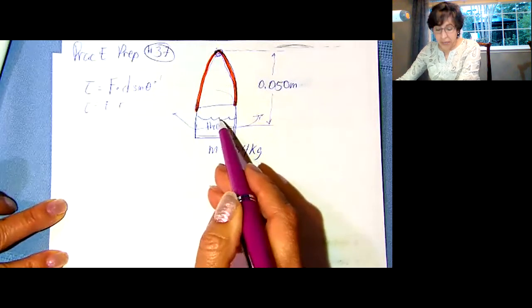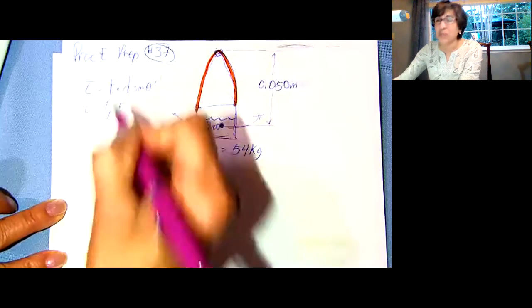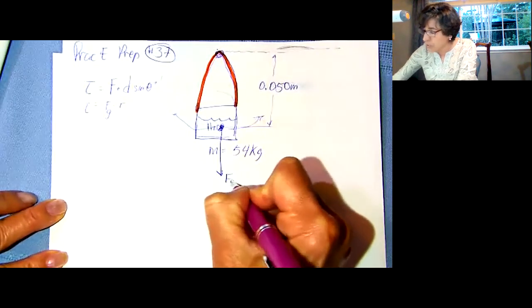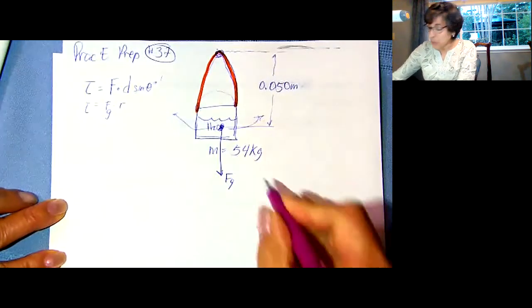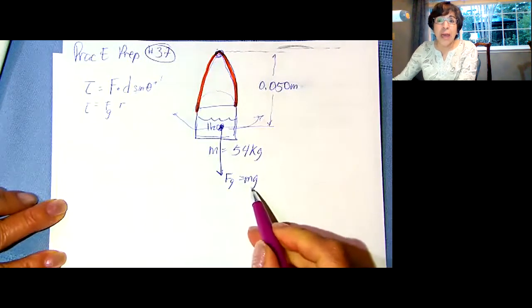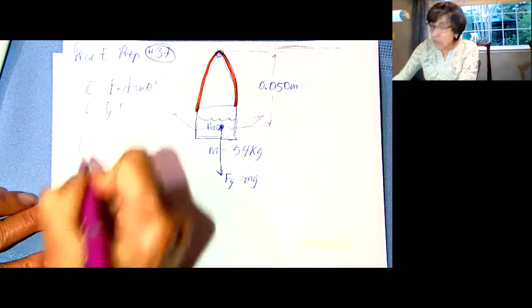Okay. All right. So what is my force? Well, my force has to be the force due to gravity, because you know that anything has a force due to gravity, pointing straight down, and that's mg. Okay, so the force is mg times the distance. So let's just do that. mg